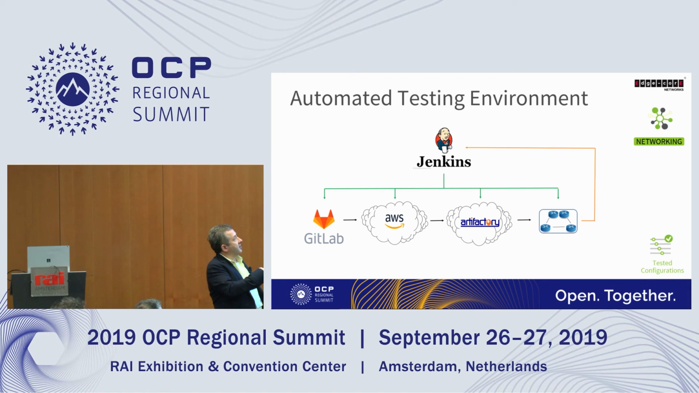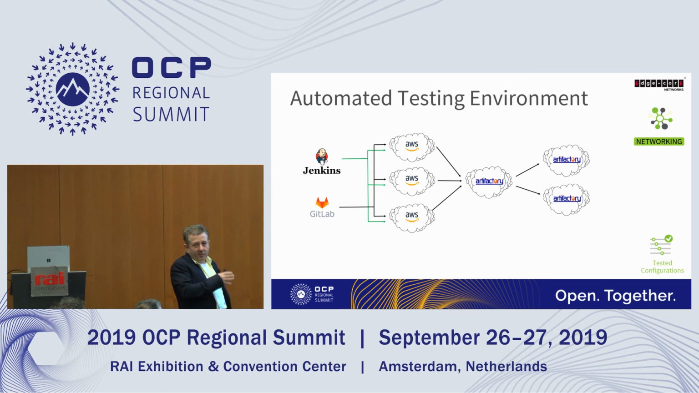This is our generic functionality on how we run the regressions. We have GitLab, and anytime we need an AWS server, we create it automatically. We run the builds, we put them on the Artifactory, and we run the test cases. That's very high level. Getting into a little bit more detail is where